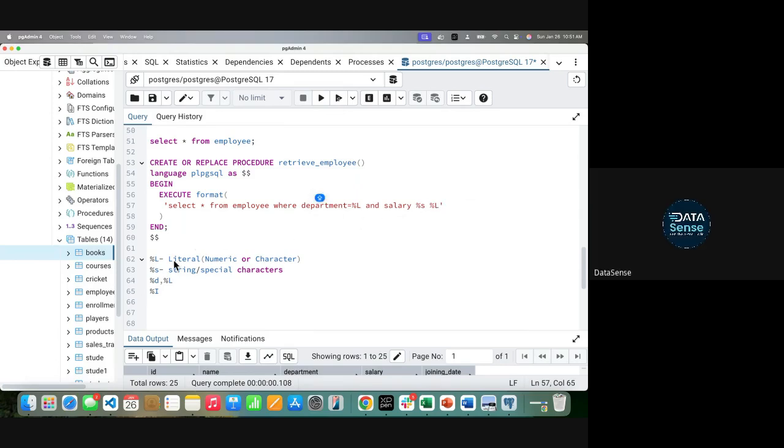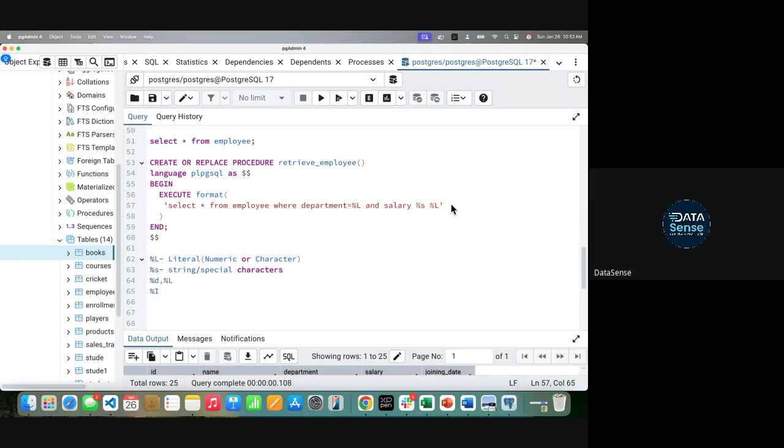But remember, when you use percentage D, you cannot pass a character. When you use percentage L, it will automatically convert it, even if you pass it as a character, into a number. It will take both numeric or character. So by default, use percentage L for numeric or character values, and percentage S for special characters. Okay.